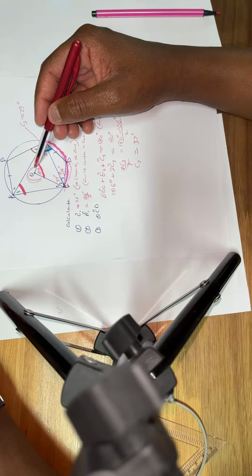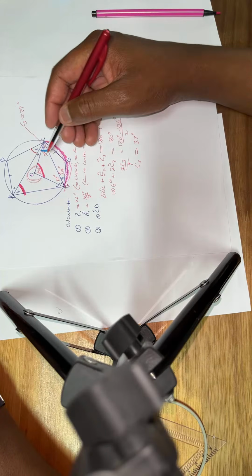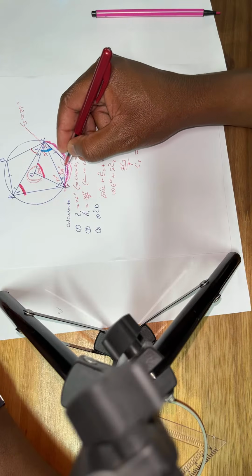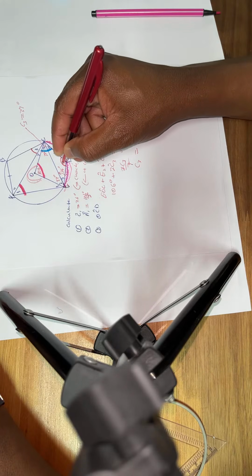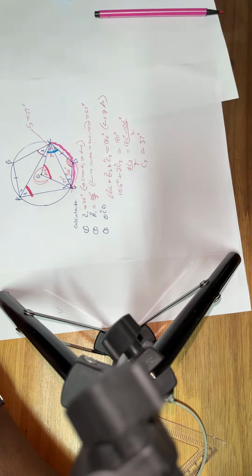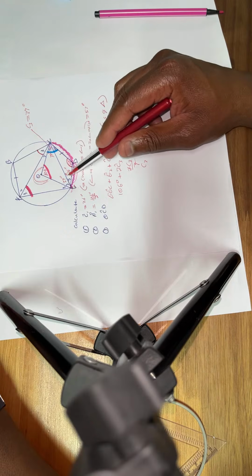Meaning that if this is 254, our angle D will be 254 divided by 2, which is 127. So this is 127 degrees. If this is 127 degrees, then we can find